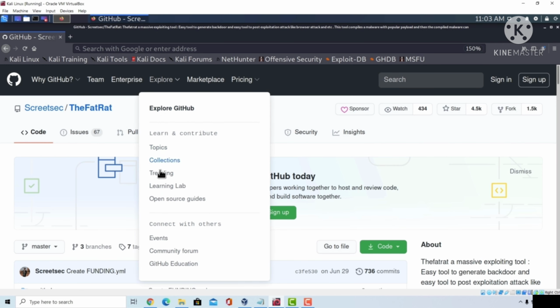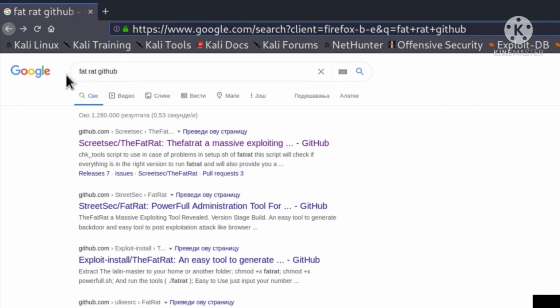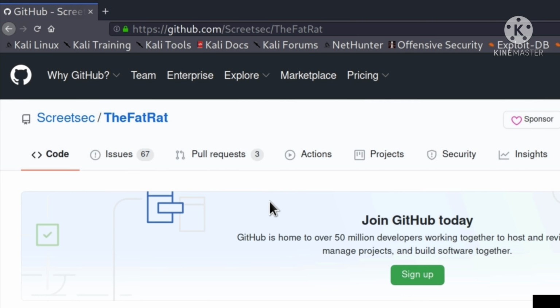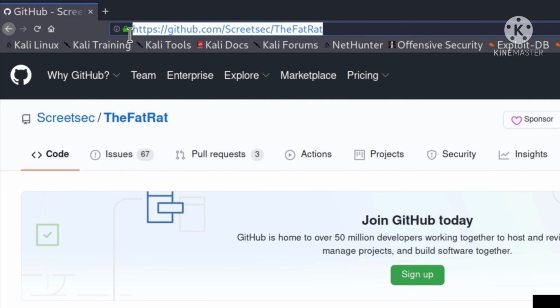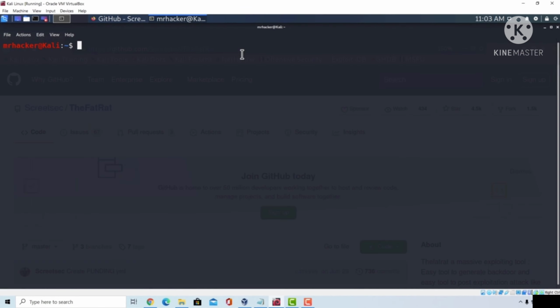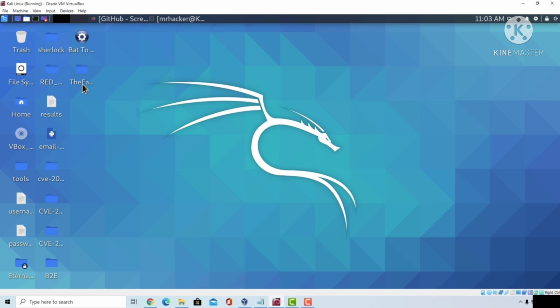the GitHub repository. If I type in the search bar Fat Rat GitHub, it should lead me to this first link, which I want to click on, and once it opens this page, we want to copy the link to this tool and git clone it inside of our desktop directory. Now you will notice right here that I already have the tool downloaded, so I will not be cloning it